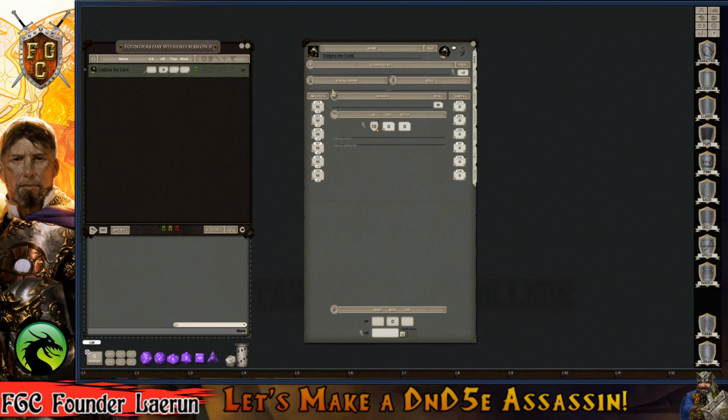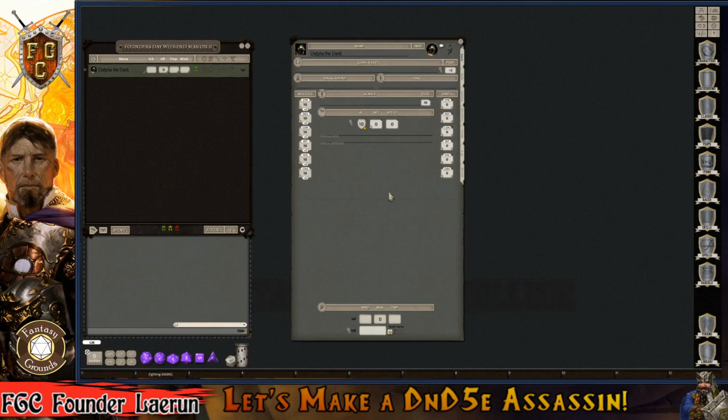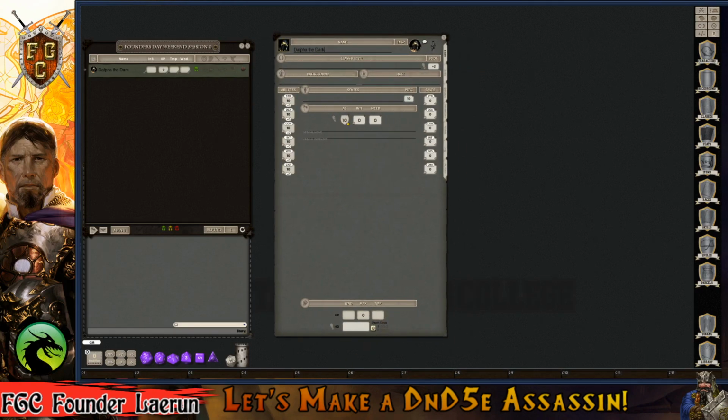Now, I don't think she's evil for no reason, but I do think she has a little mean streak in her, especially being an assassin and all. So I'm probably going to make her neutral evil, and that way she's pure evil, not just maniacally evil. But lawful evil comes to mind, so we'll see what happens there. So I'm going to go ahead and